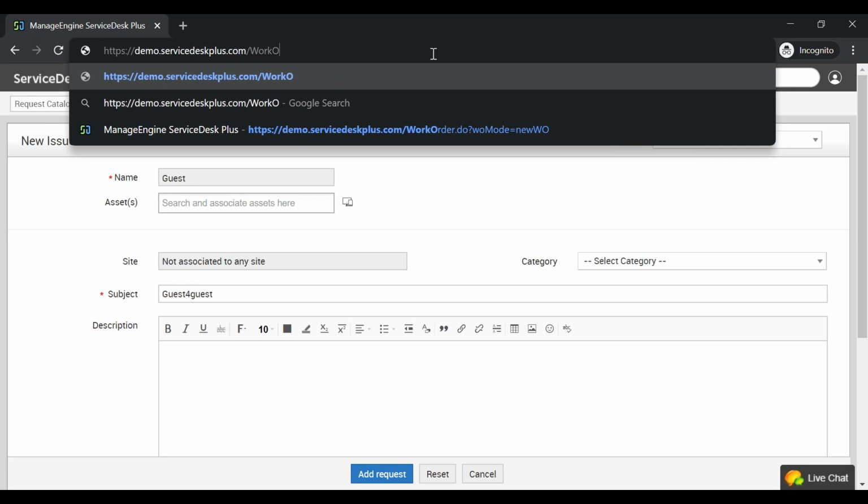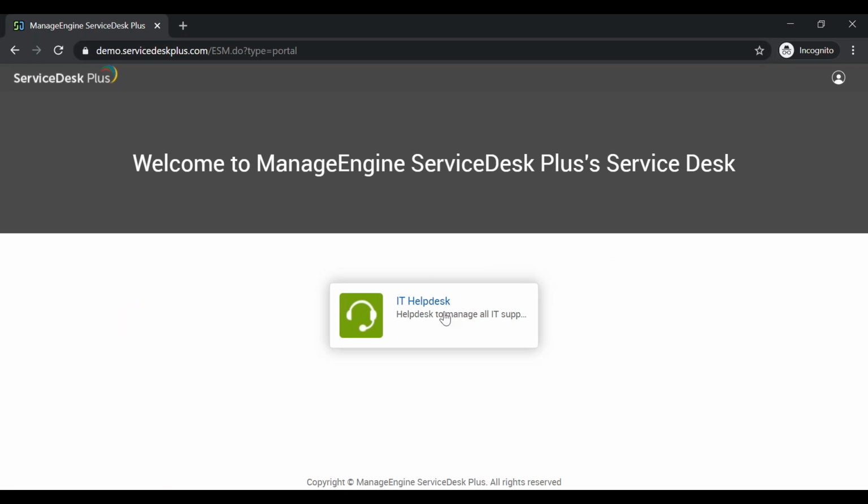Now, let me see if we've got time quickly. I've got 2 minutes left. Let me squeeze in the help desk from the technician side of view. Might have to open a new browser. Bear with me for a sec. Yep, so while that loads,